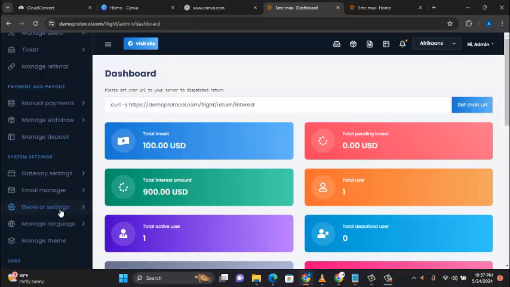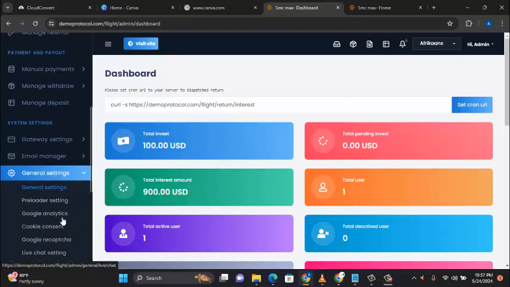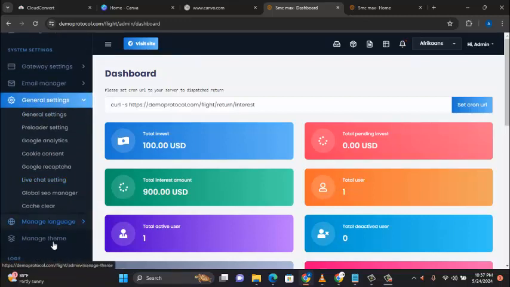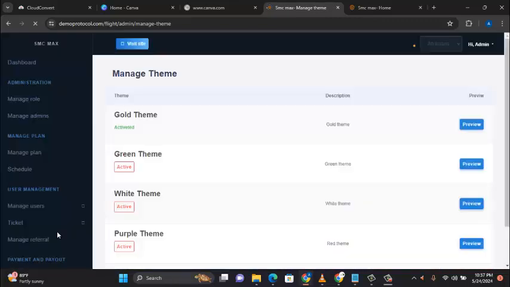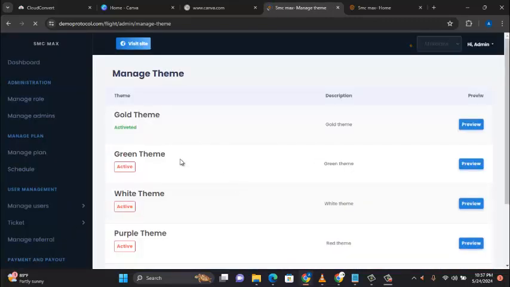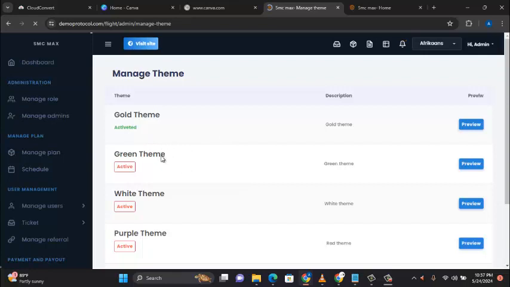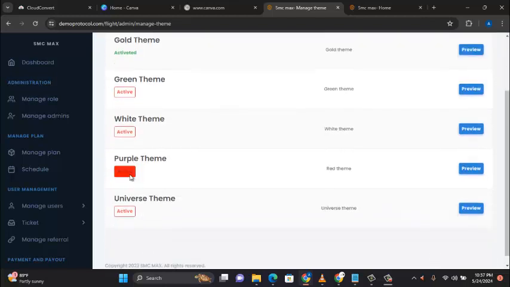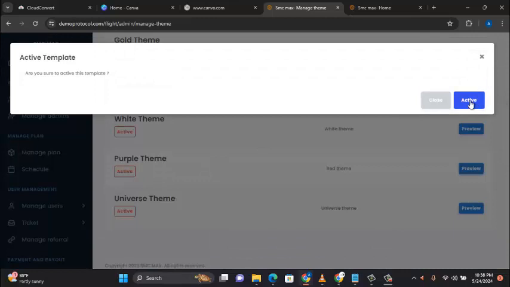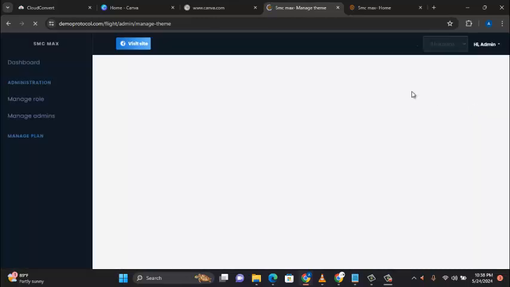So, for example, I can go to general settings, and then, sorry, I'll go to manage theme. The one I activated right now is the gold theme. If, for example, I want to activate another theme, maybe the purple theme, let me click activate. I want to activate this, for example now. If I refresh this particular website,